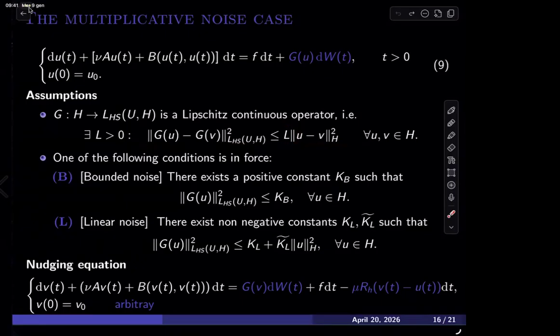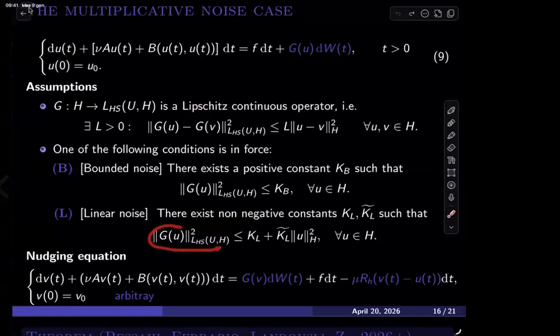And here, just for simplicity, I will consider only two assumptions on the noise. So the simpler assumption is the case of a bounded noise. So G of U in the Hilbert-Schmidt norm is bounded by a constant, K_B. And we can also consider the case of a noise that has a linear growth. So in this case, the assumption made on the noise is as follows. The Hilbert-Schmidt norm of the operator G of U is bounded by K_L, a positive constant, plus